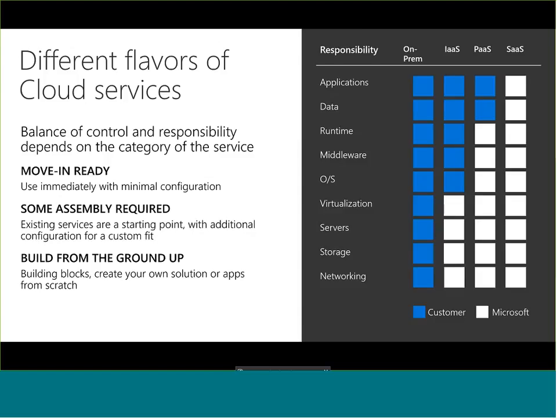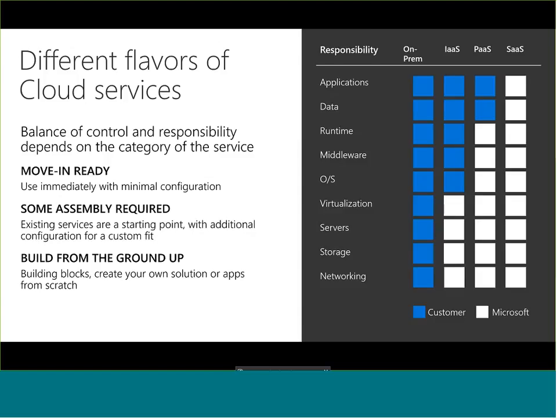And traditionally, before the revolution of clouds, before AWS and Microsoft and Google started building their cloud services, customers used to build their applications on-premise, and that's represented on the column at the very far left side. This blue column represents all the different things that a developer or an application owner has to take care of for building and hosting an application on-premise. They have to make sure they have the infrastructure to support that application. They have to obviously build their application, make sure they have an appropriate location for storing the data, runtime, maintaining the